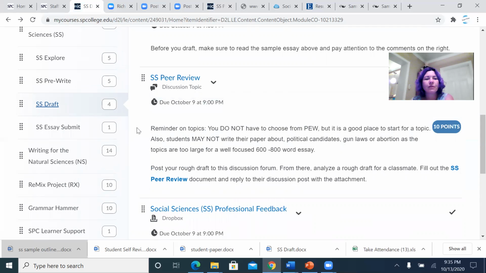So if you submit something and say, well, you didn't tell me that that was wrong, that is a possibility. So please make sure that if I make suggestions, such as avoiding second person, that you then look through the whole essay. Are there other areas where I might have used second person? Or if the suggestion has been made to limit your use of demonstrative pronouns, perhaps I need to go back and review the whole essay for the demonstrative pronouns, this, that, these, and those at the beginnings of my sentences.